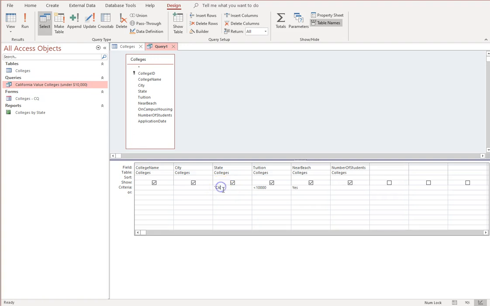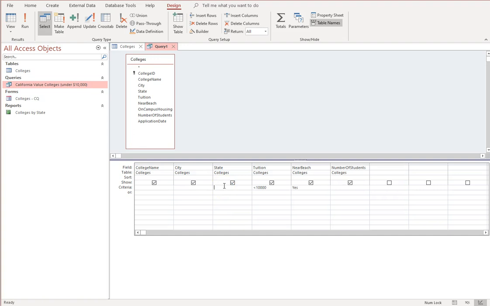Like I could have California or Arizona. Now there's not going to be a lot on the beach out there. But that's how I would say or. One or another or another. There's another one called a wild card. If I just put an asterisk in there, maybe an asterisk followed by a letter, it's whatever would start with that. And another one that's pretty cool is